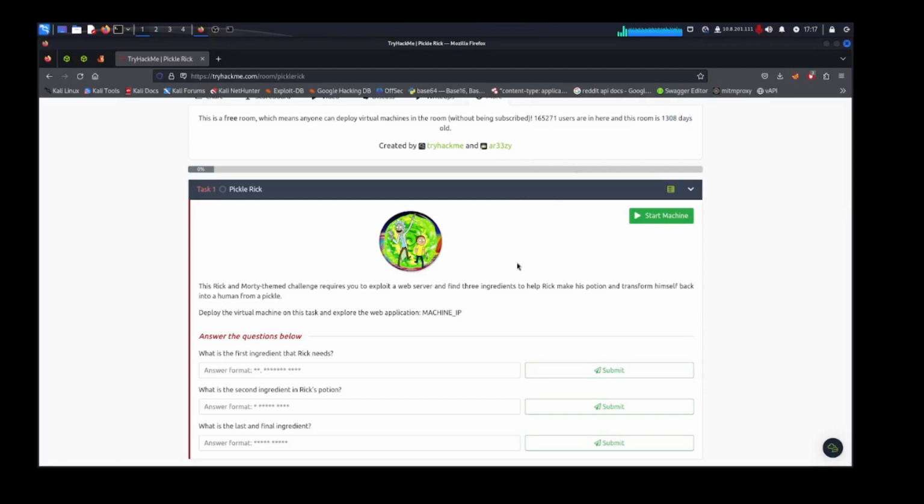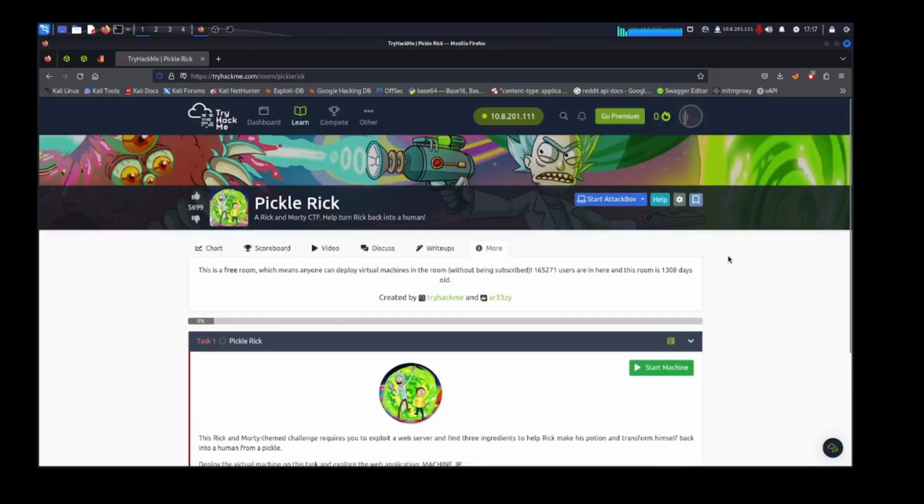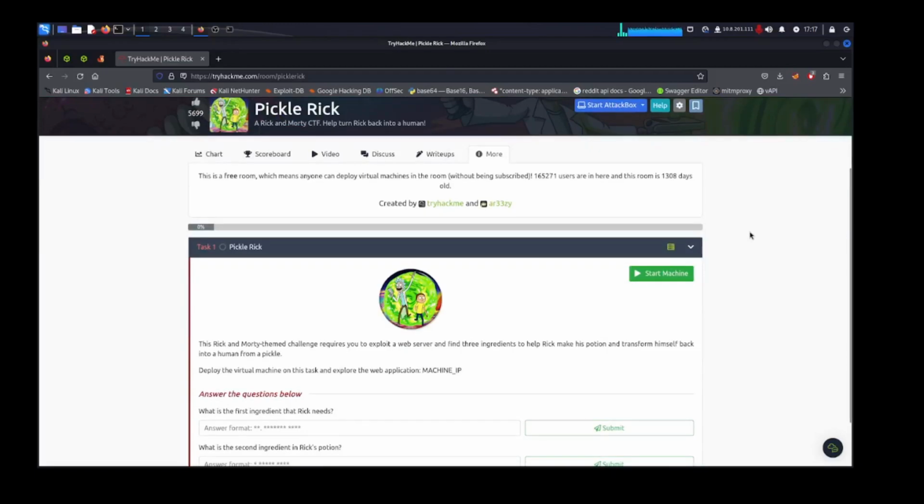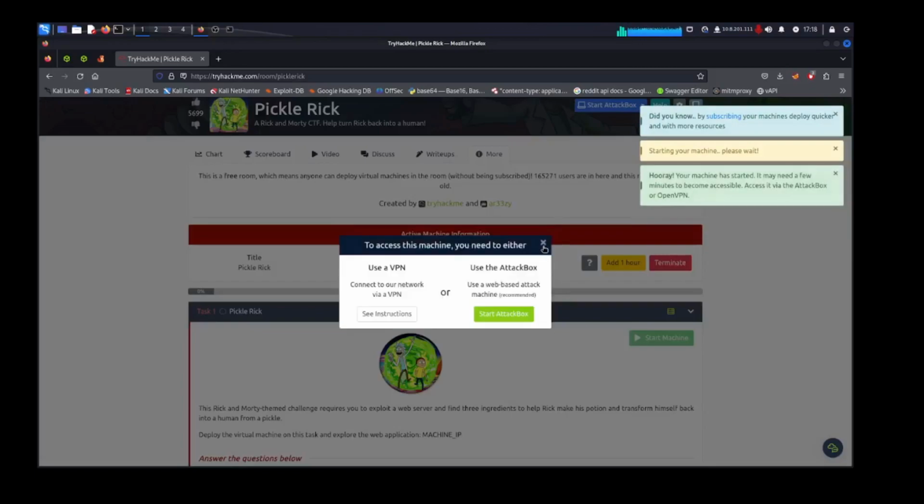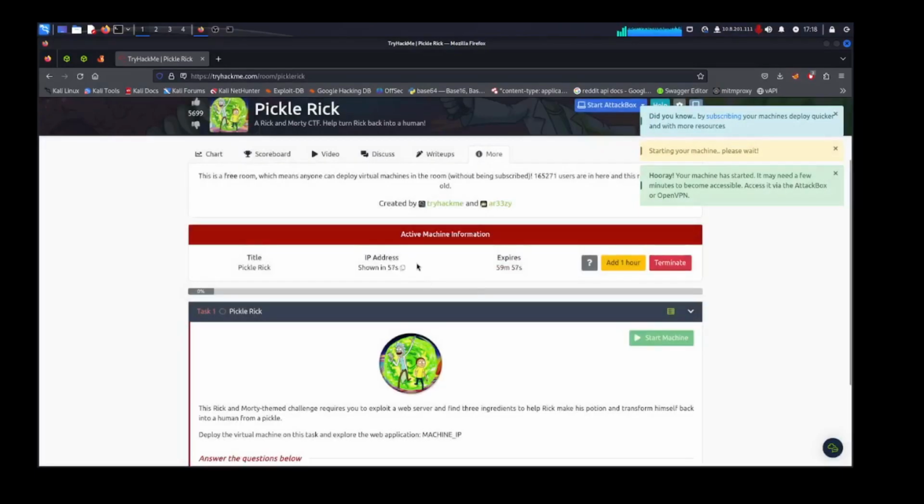So the first thing that we would do here, I already got my OpenVPN running. If you're using the attack box, be my guest. If you're using your Kali machine, just download the configuration file and run it. Run OpenVPN with sudo privileges if needed. And the first thing that comes to mind is, well, let's start the machine. But first, check out the website,